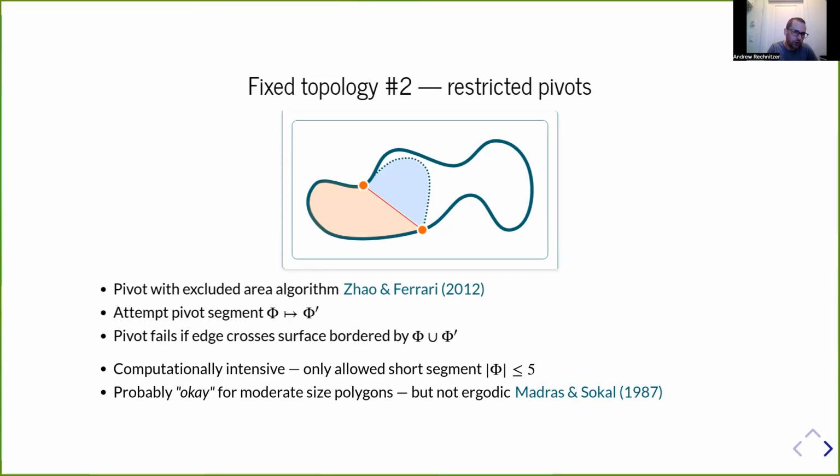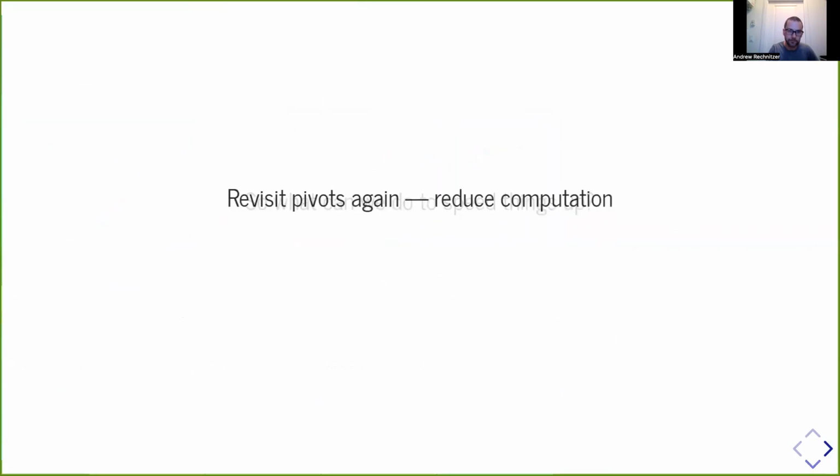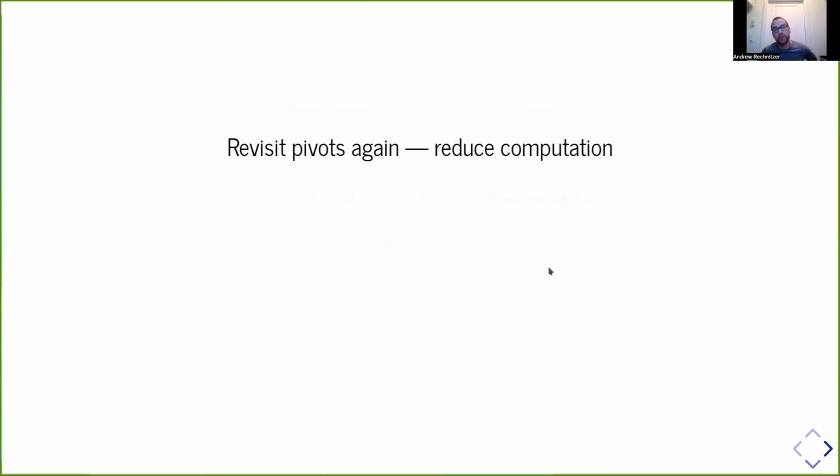Okay, so that algorithm is a nice idea and is sort of the starting point of what I want to do here in order to try to speed things up. So what can we do to try to speed up this process of sampling polygons of fixed topology? And so we revisit pivots again, go back to look at the pivot algorithm again, thinking quite hard about that